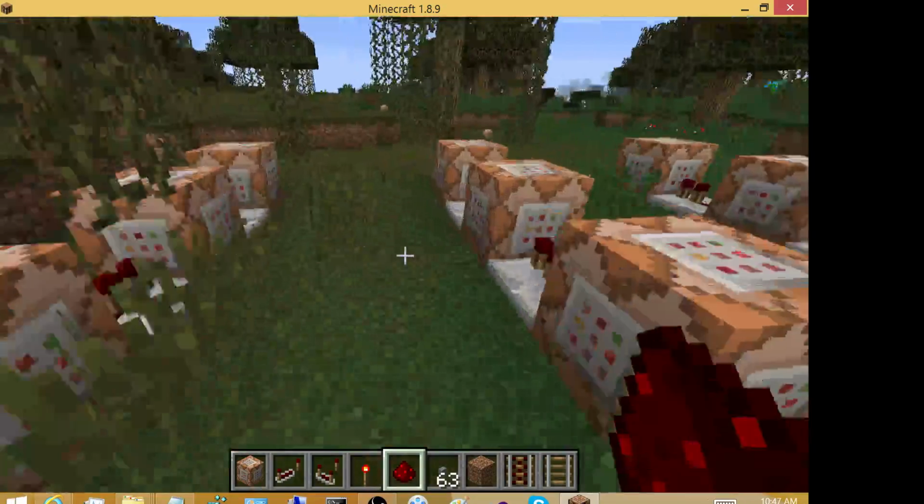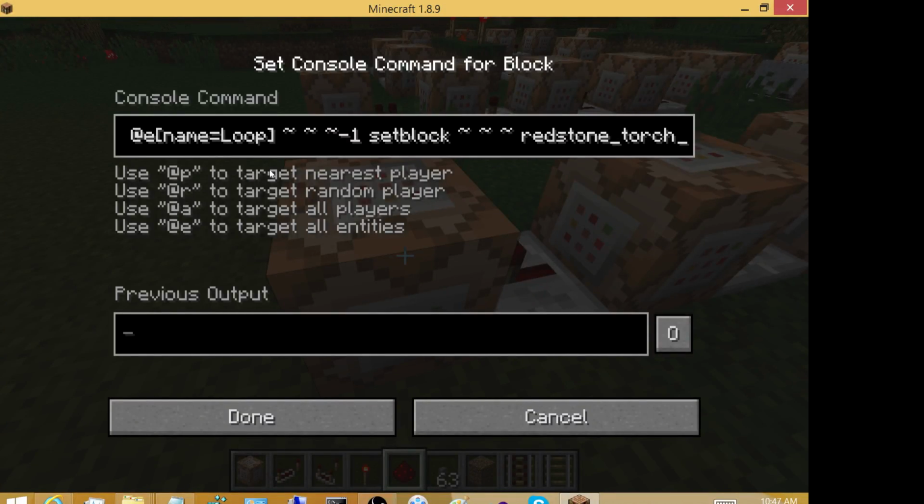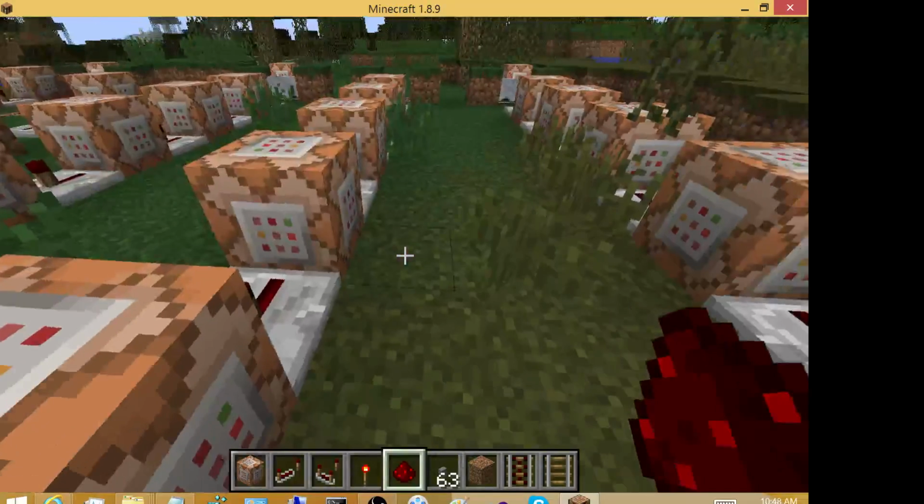The very last thing that we have to do though is get back to our loop, and so we have the same command as we had before, well, I should say in our other command block that we first looked at, which is to basically set a redstone torch at the beginning of our loop, which starts off the loop by placing a redstone torch that activates the redstone dust, etc. Okay,